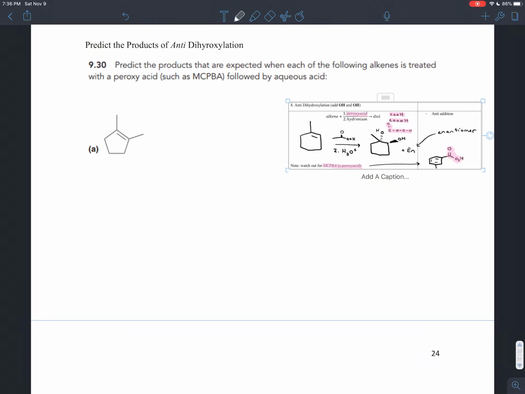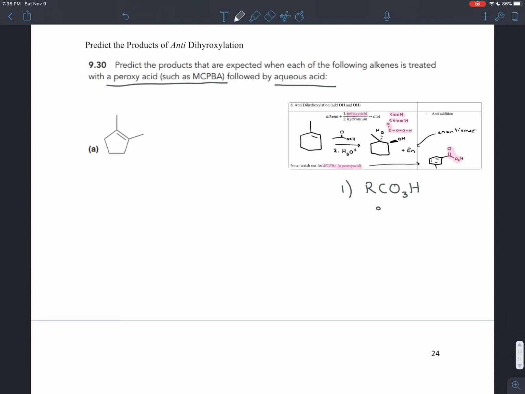Exercise 9.30 wants you to predict the products that are expected when each of the following alkenes is treated with a peroxy acid, such as MCPBA, followed by aqueous acid. And so that's that recipe that we've seen before. You're either going to have a peroxy acid written in, sort of with 3 oxygens and a hydrogen, like that,